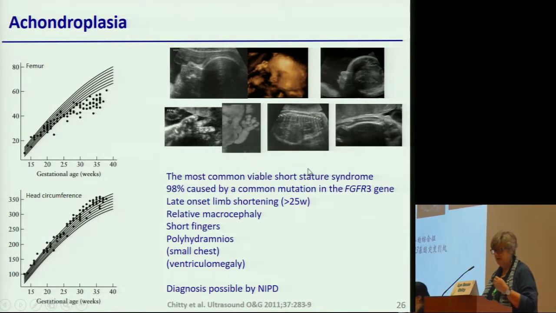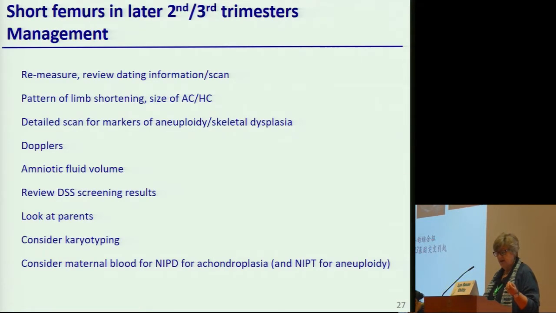Many will have polyhydramnios. Again, as I said earlier today, 98% are caused by a common mutation in the FGFR3 gene, and we can make that diagnosis based on maternal blood. What else should you think about apart from achondroplasia? Well, you need to go through your protocol for excluding IUGR. So Dopplers, amniotic fluid volume, Down syndrome screening results, look at parents, consider karyotyping, because many of them will be